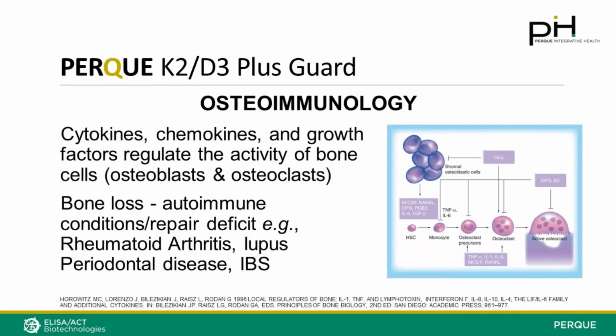Now, what about osteoimmunology? It turns out bone, we tend to think of it as solid, but it's actually very alive. It's got canals, it's got canaliculi, it's got cells wiggling through it all the time. So cytokines, chemokines, growth factors regulate the activity of these bone-building osteoblasts and the recycling osteoclasts. You need the osteoclast to break down the old bone, and you need the osteoblast to build up the new